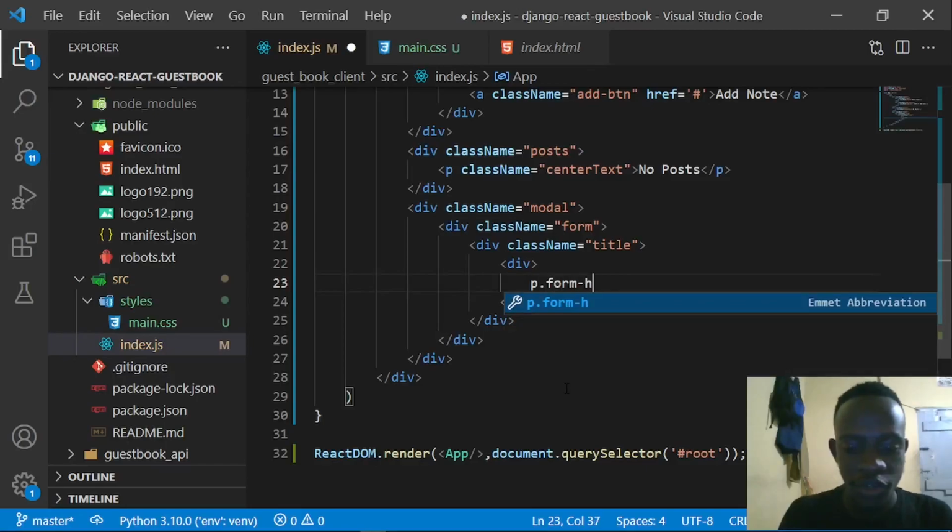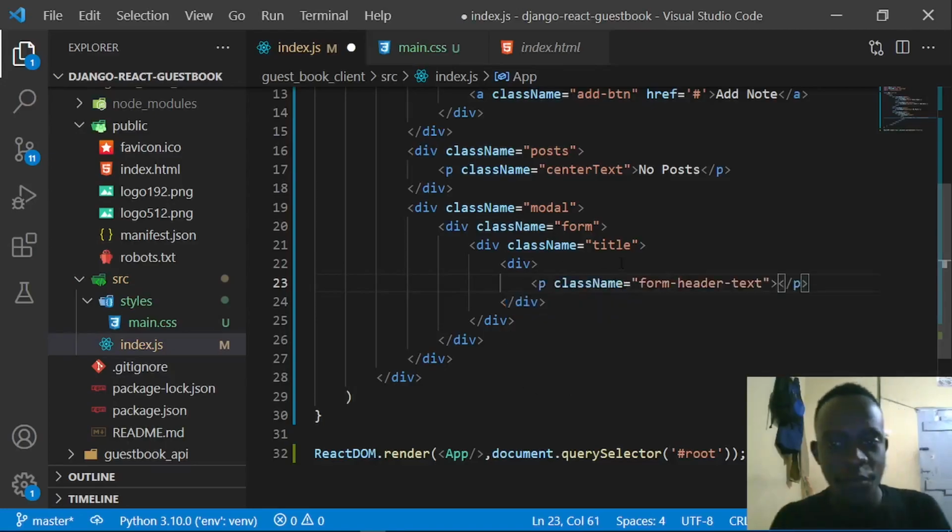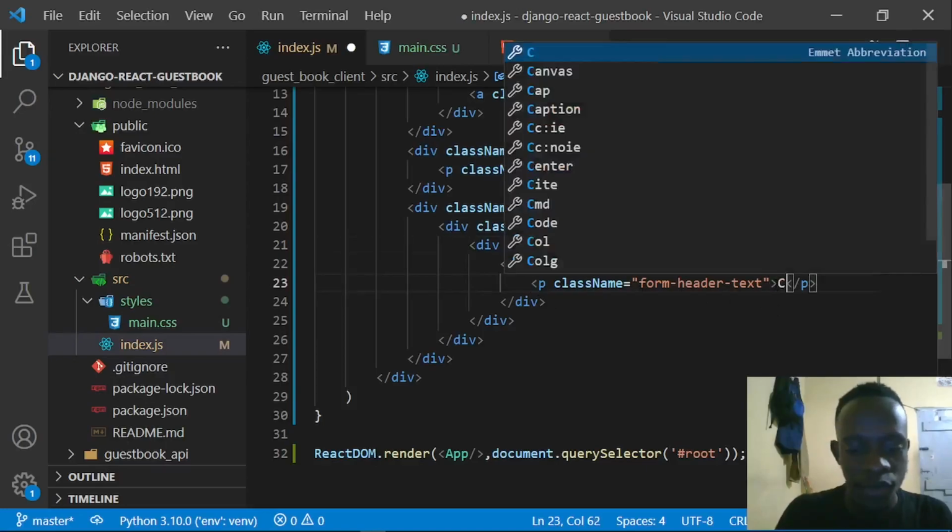So it's actually going to be the form header text. And this form header text is going to have, actually, instead of calling this a title, let me just call it a form header. So I'll just call this the form header, and within here I'm just going to have a paragraph which is going to have our form header text, and then I'll just simply call this create